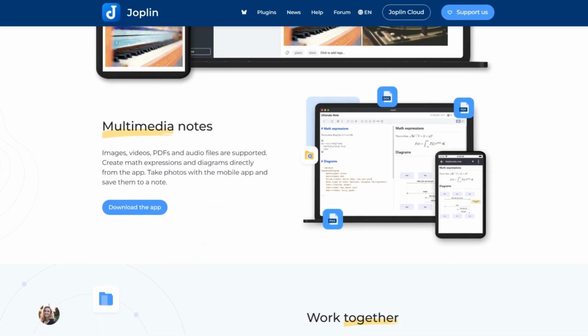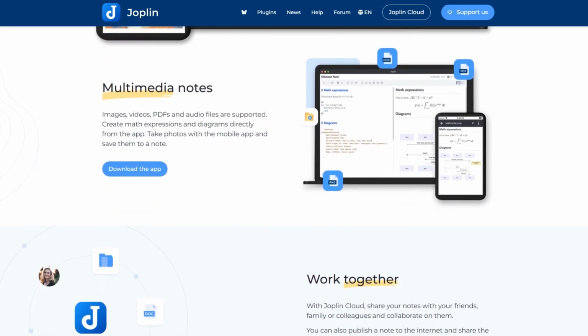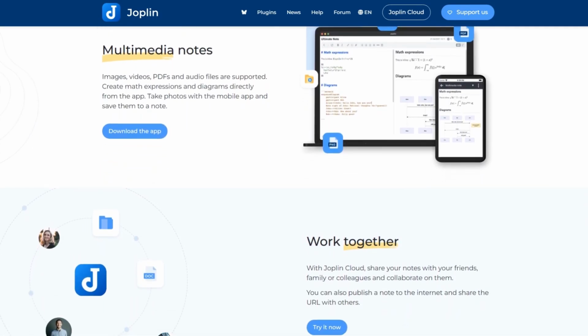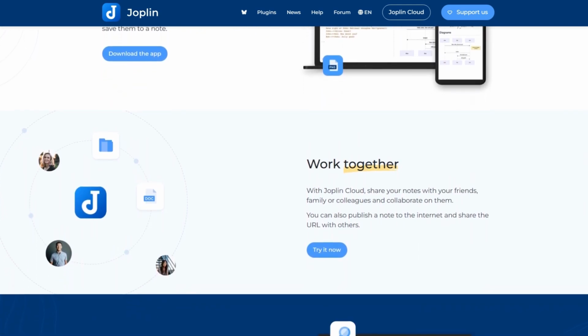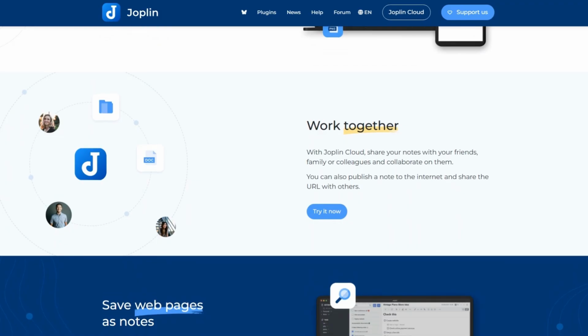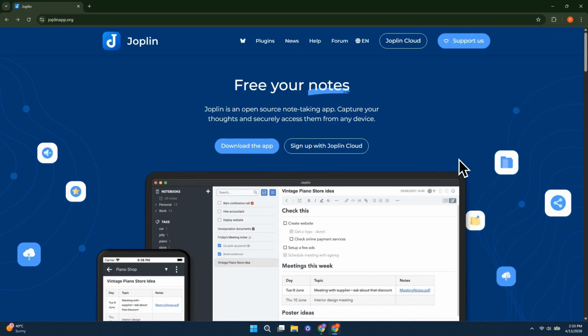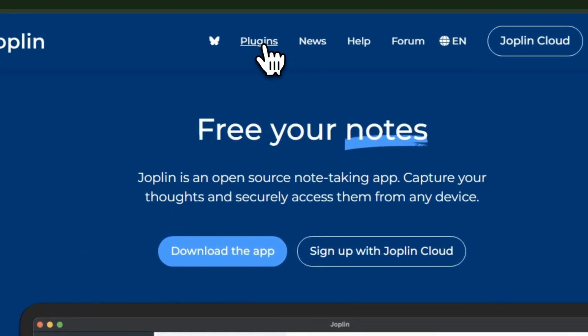over their data. Unlike many other apps that rely heavily on cloud storage controlled by the provider, Joplin allows you to store your notes locally on your device or sync them with your own preferred cloud service. To begin using Joplin, the first step is to visit its official website. Once you are there, if you go to the top and click on this plugin option, you will be taken